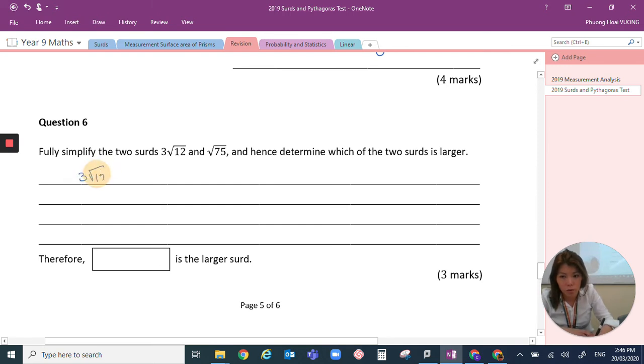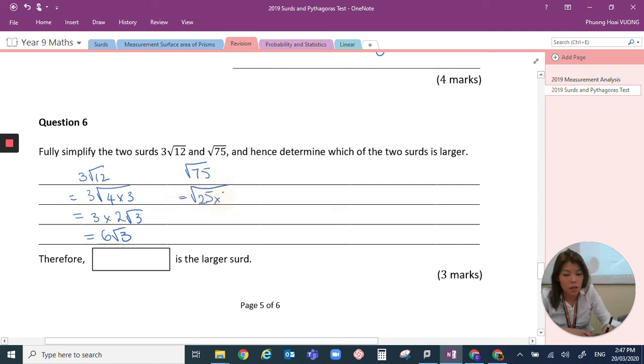3 square root of 12 is equal to 3 square root of 4 times 3. So now we have 3 times square root of 4, which is 2, square root of 3. Now we have 6 square root of 3. Looking at square root of 75, we have